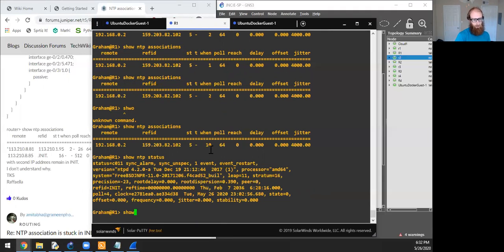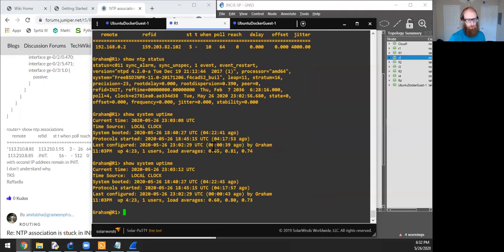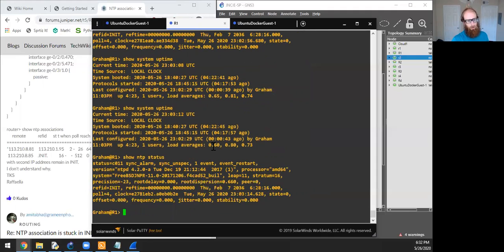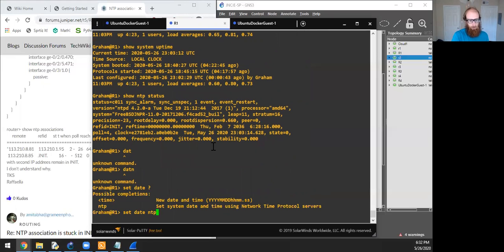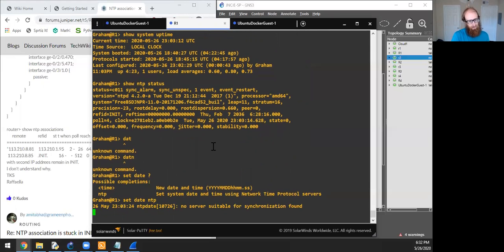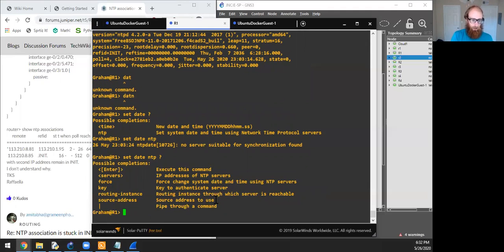Let's do a show system uptime. Oh, so we still got time source local clock, even though it looks like the NTP is fine. Let's do a set date NTP. No server suitable for synchronization found. So that might be why it's still set to the local clock, even though I do a show NTP associations,